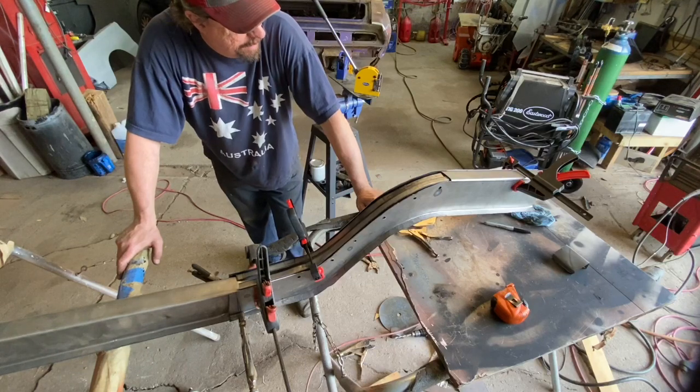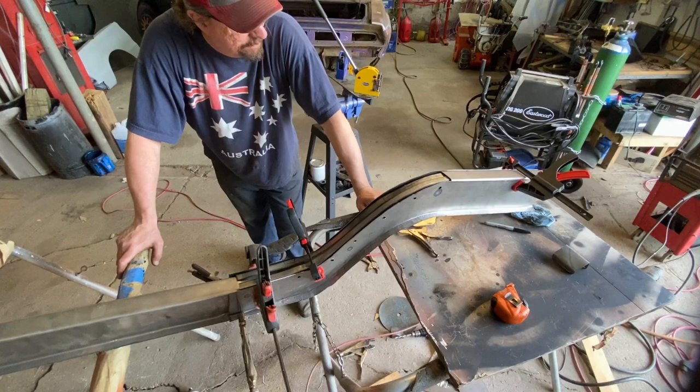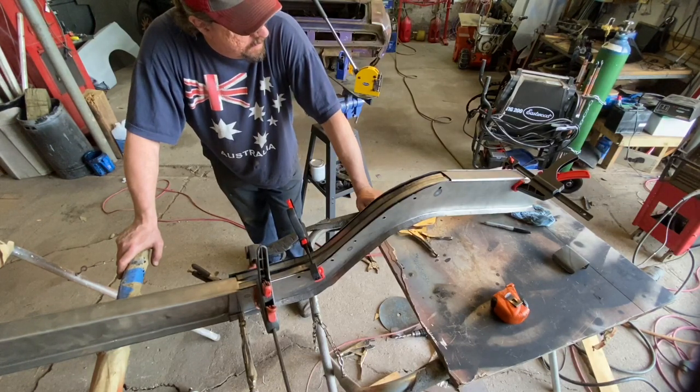So I think I'm going to call it quits here for today. It's getting late enough and I haven't figured out what I'm making for supper yet, so I better get that done. But I think it's good